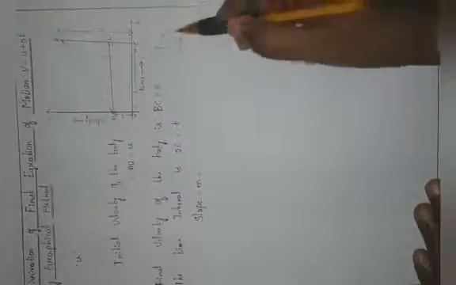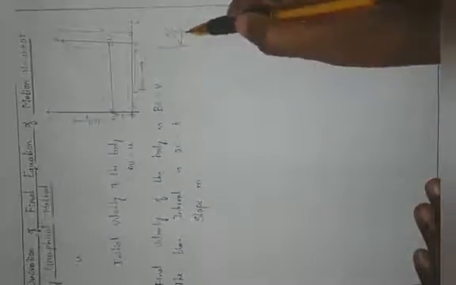So if you want to find out slope M, how to find out slope for this graph? I have to take a ratio of the vertical distance of this triangle to the horizontal distance. Okay, vertical distance is AB divided by BC. This will be the value of slope. Okay. Now coming to the derivation.